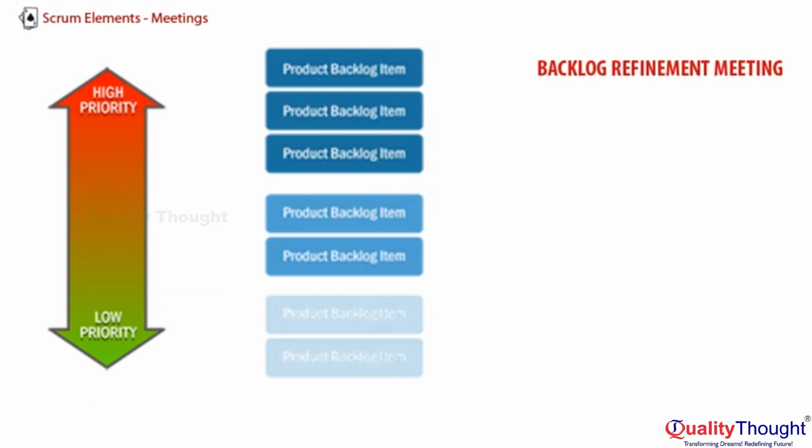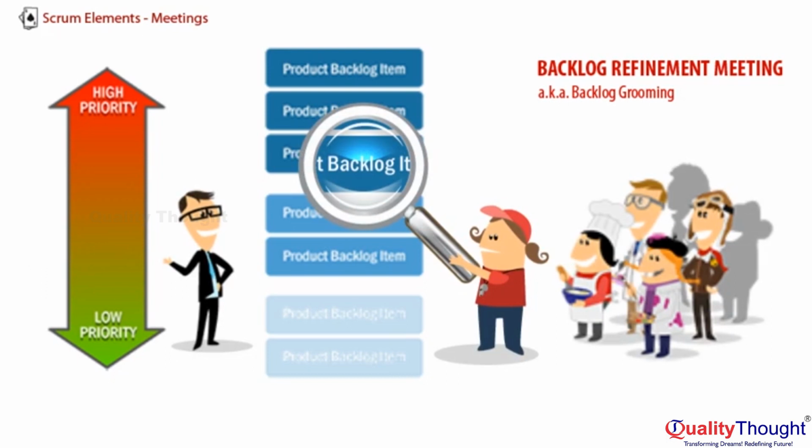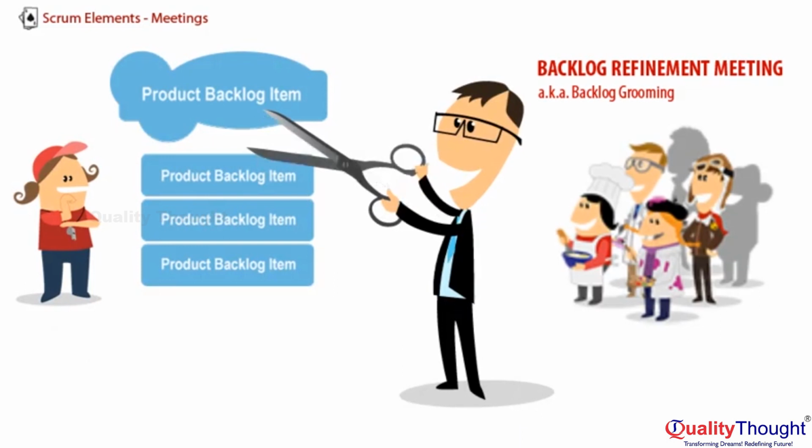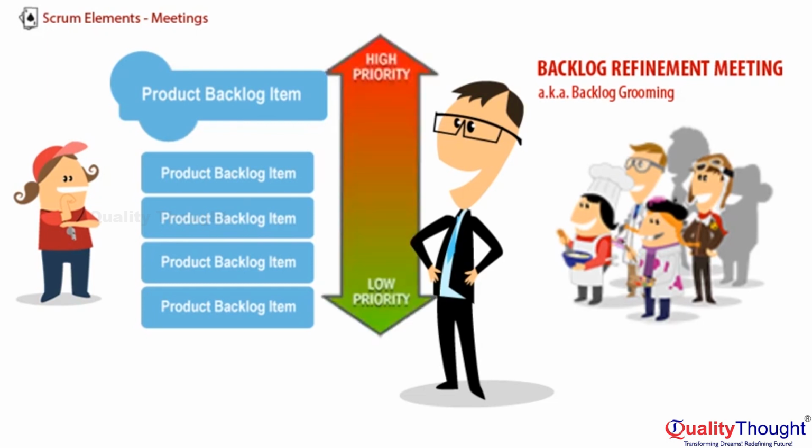The 5th meeting isn't given a name officially in Scrum. I'm going to call it the Backlog Refinement Meeting. It might also be called Backlog Grooming, or maybe we'd do some of this work in a Release Planning meeting. During Backlog Refinement, the team and the product owner get together and they look ahead a little bit into the next few items in the product backlog, the items that are candidates for the next couple sprints. They clarify them, break the big product backlog items, or epics, into smaller product backlog items, for example, user stories, so they could imagine doing a few of them in one sprint. They get some input about prioritization, they consider dependencies, etc. While this work could also be done in the sprint planning meeting, through experience, people have found it preferable to do in a separate meeting on a different day.